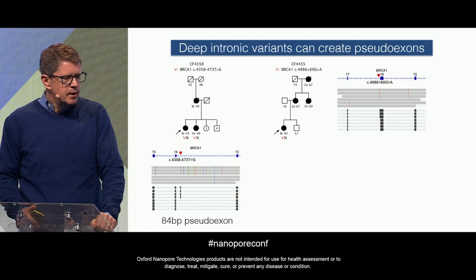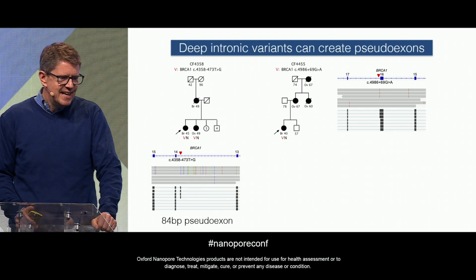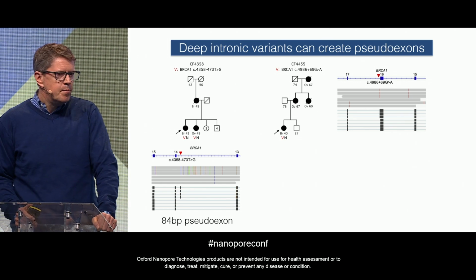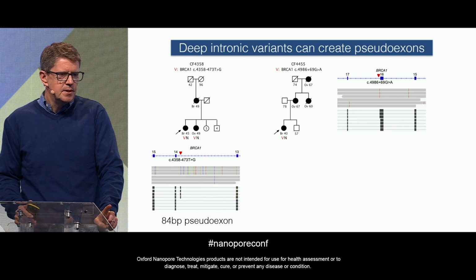Our third example of the BRCA1 deep intronic variant is not actually that deep. It's just 69 base pairs away from exon 16. And again, the proband here was diagnosed with triple-negative breast cancer, and as you can see, her mom, aunt, and